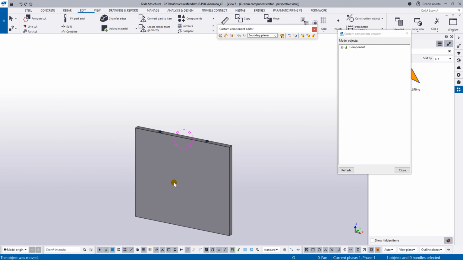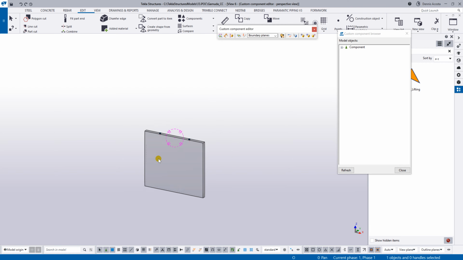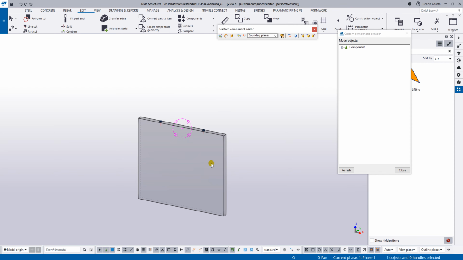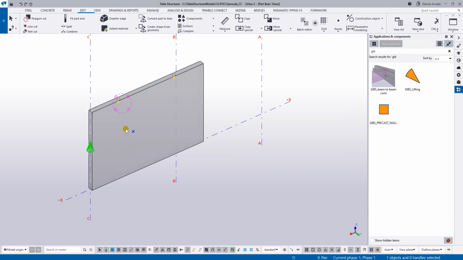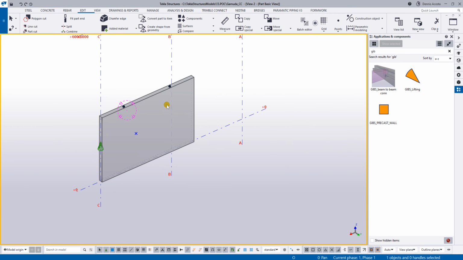Edit custom component, I actually also need to remove the CG. You cannot see the CG, it's just the indication. Okay, anyway, now